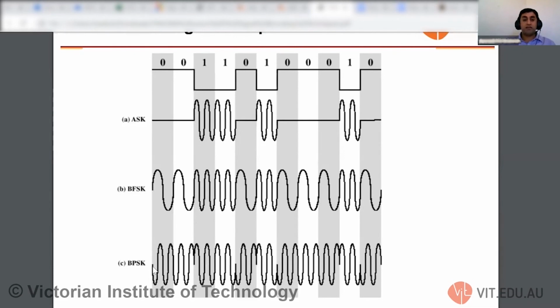We're starting off from this point over here, and the wave continues its pattern because we have two zeros. Then at a 1, it changes its phase and moves forward. And then again, when the 0 occurs, it changes the phase again. So this is an example of